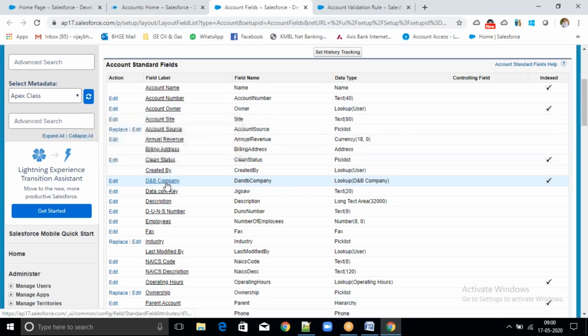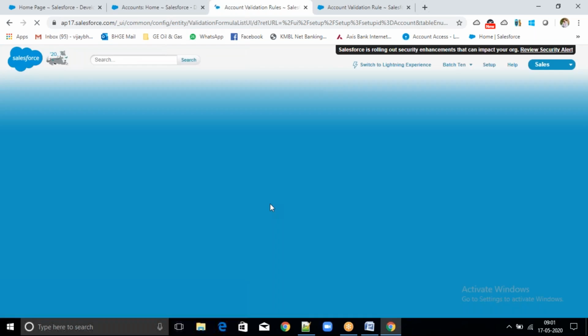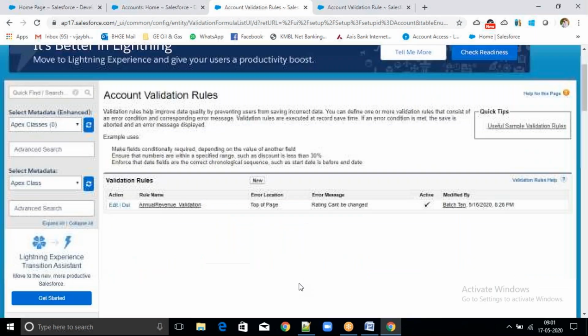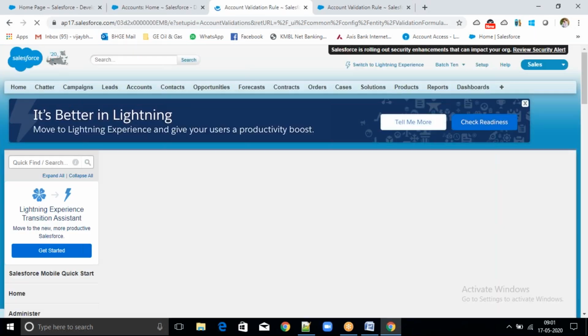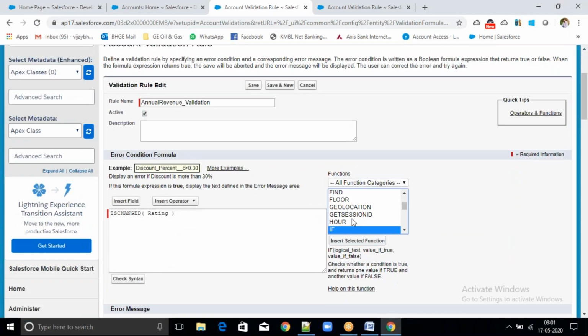Next. Let's go to account validations only. Now let's check one more function. Is new. Checks if the record is new and returns true.